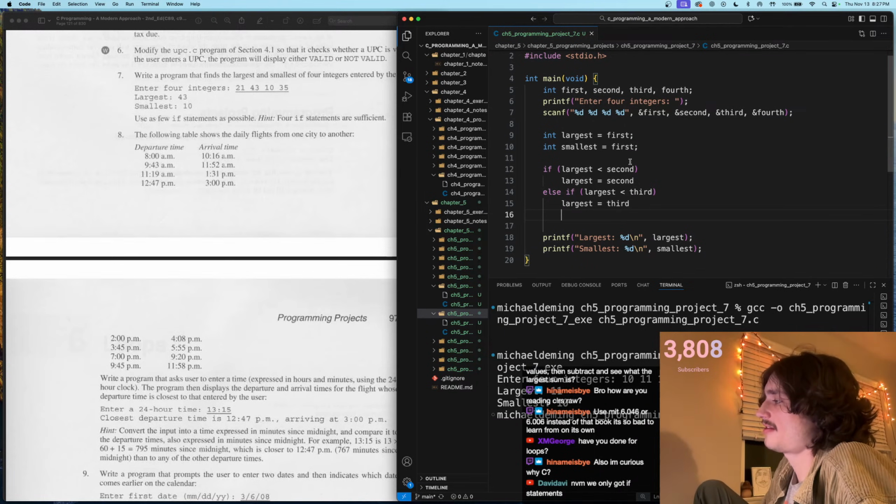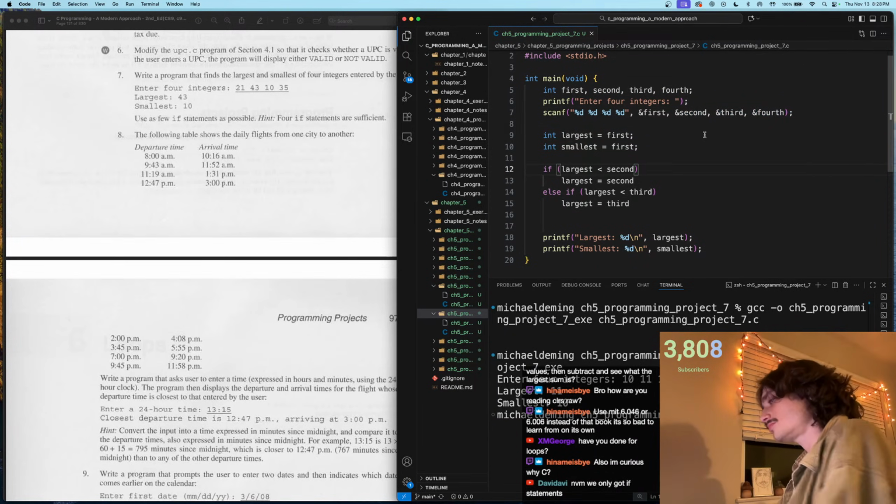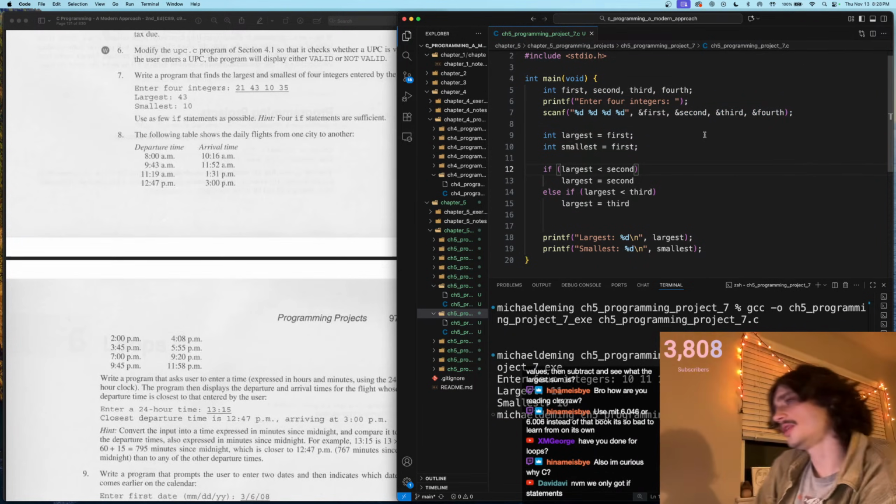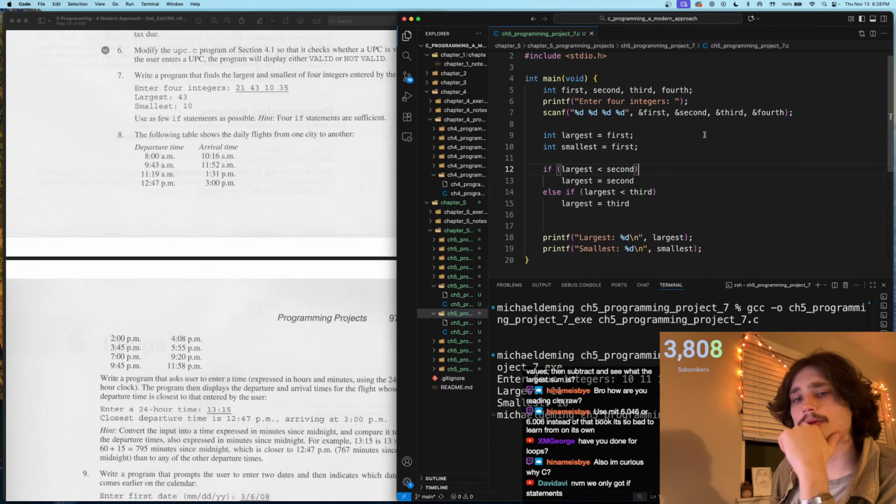I think I have 3 here because I'm setting largest to first and smallest to first automatically, and then going from index 1 forward, right? But to use 4 if statements,